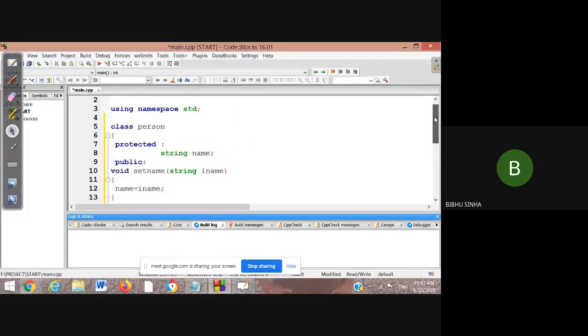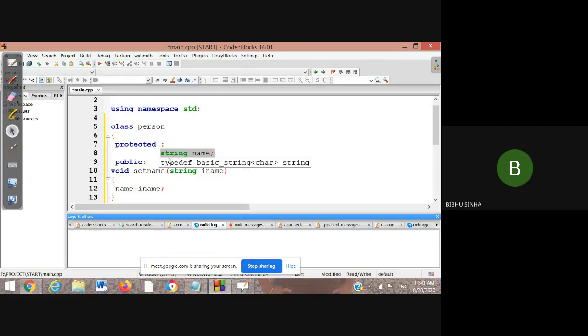Here I created a class. This is class Person, in which we are going to use the protected access specifier. I told you, if you use the protected access specifier, the data will be accessed inside the class, that means inside the base class as well as inside the subclass. So this data, the string variable name that we declared, we can access in the subclass, but we cannot access it outside the subclass. That is the meaning of protected.